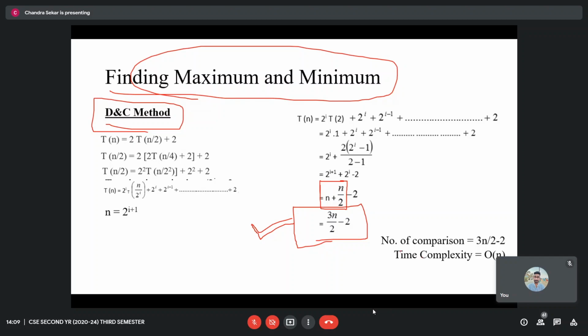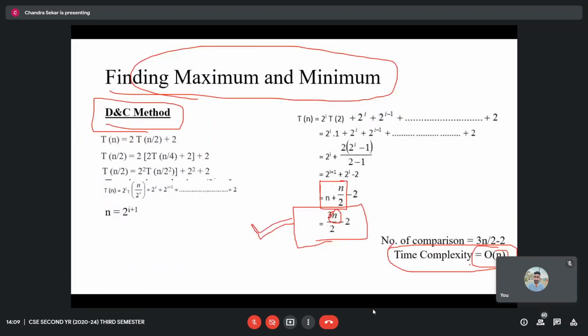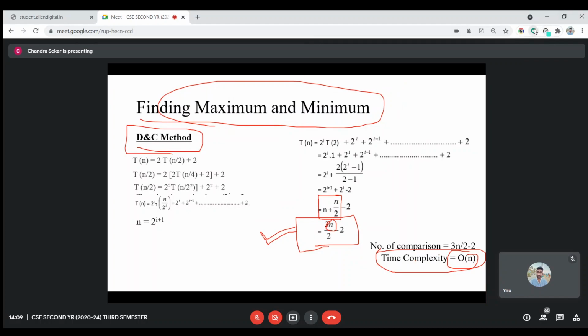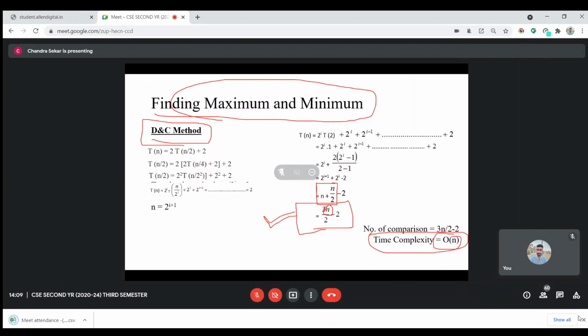But again, if you go for time complexity, it will be order of n. So here also it is going to be order of n. Why? Because this algorithm is very simple. You will not be able to exactly visualize. Like I told you, you can only visualize if you take a real world complex problem and solve. You can visualize the significant difference between the time complexity when we are solving with the normal method and when we are solving with the divide and conquer method.